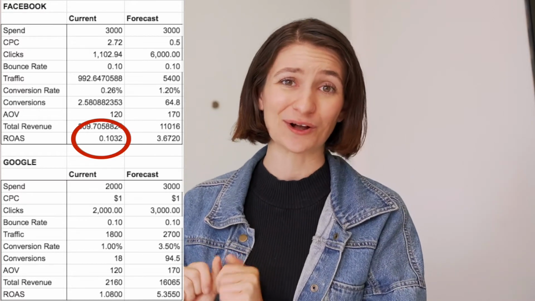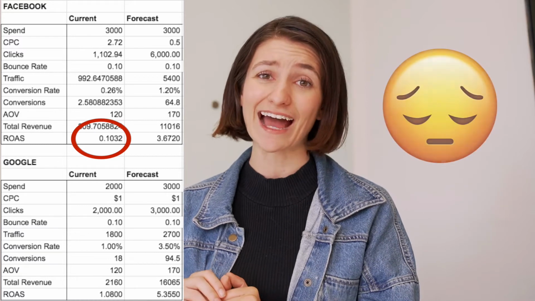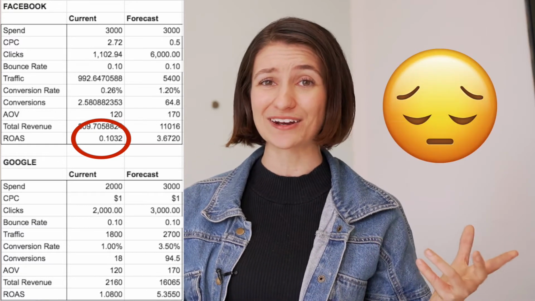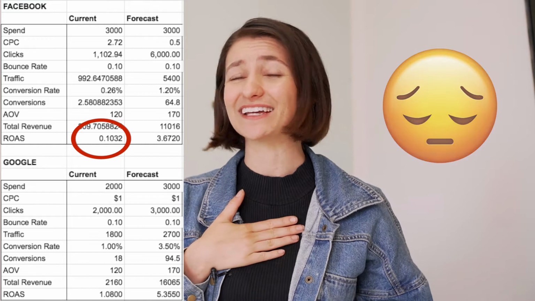The first thing here, and I think what could be quite helpful, is putting up a table of an example of a current forecast, where you can see that the return on ad spend, that final column there, is looking quite sad. No one wants a 0.1 return on ad spend. That just makes me so sad. But unfortunately for some, it could be the reality and you may not even realize.